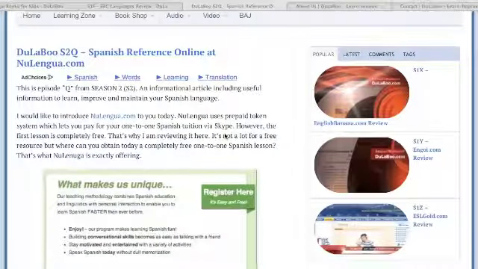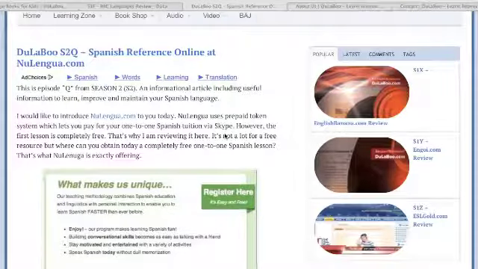What I would like to give you on the way here, for the collaborators who are probably a little bit beginners, or are starting to publish their own articles on DuLaBoo, or don't want to prepare 26 or 27 episodes in a row: you're very welcome to submit as few or as many articles related to languages, or to your experience in languages or learning a language, as you wish.